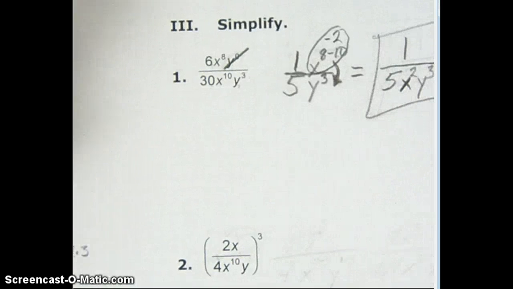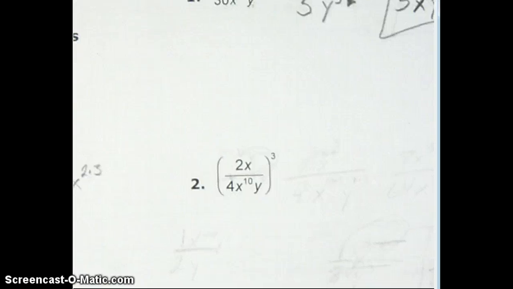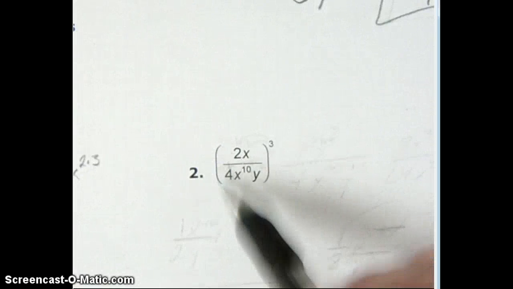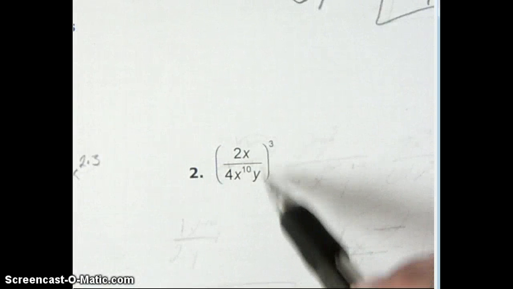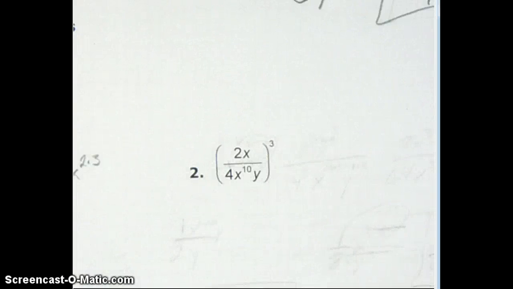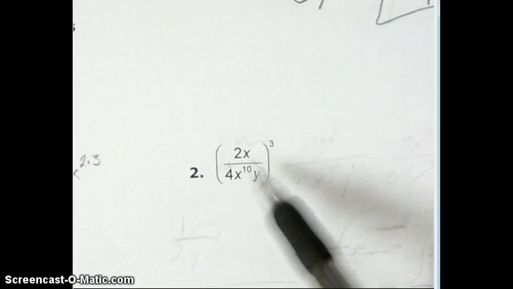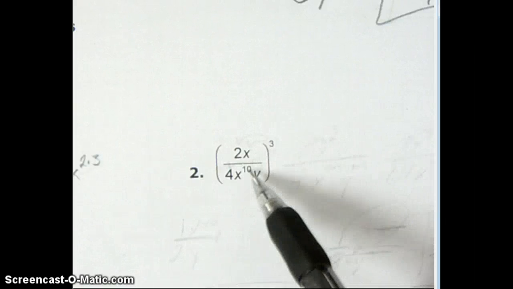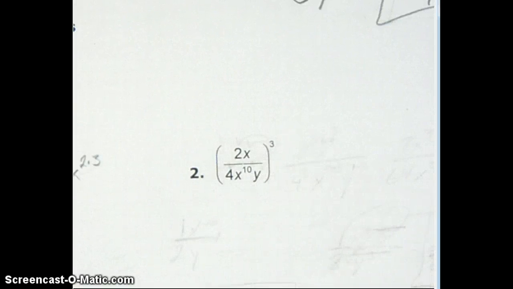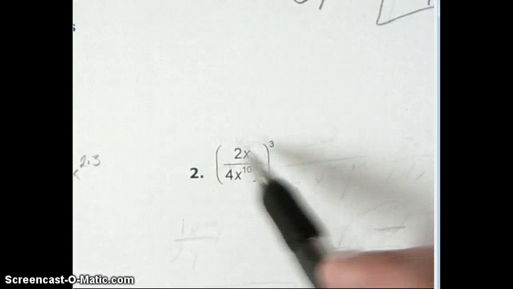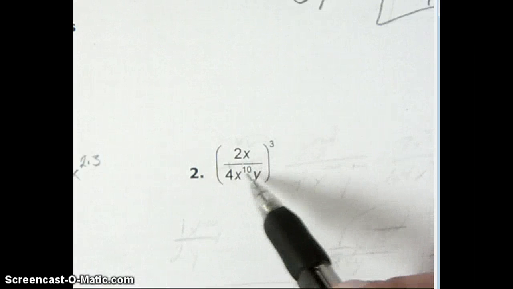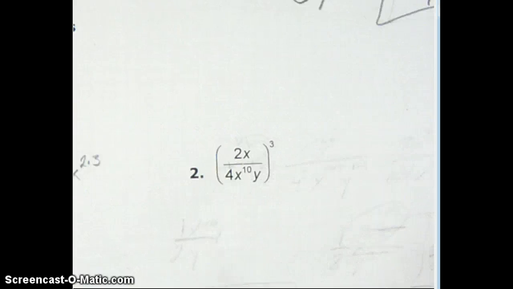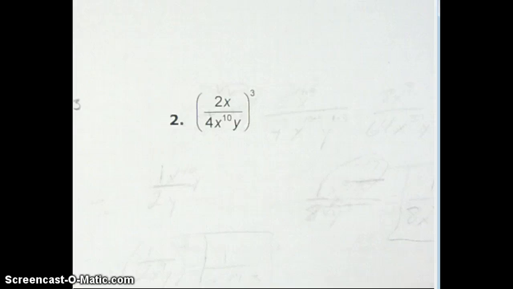All right. What happens if you have a quotient rule inside the parentheses with an exponent outside the parentheses? Well, just like PEMDAS says, we do the stuff inside the parenthesis first, and then I can do exponents. All right? So I've got to take care of the stuff inside my parenthesis first, then I can do this power to power rule, or exponent rule, exponent law. So inside the parentheses,